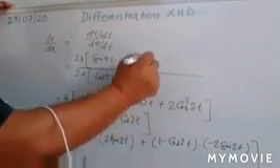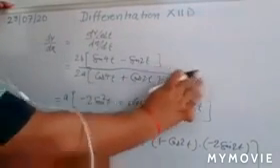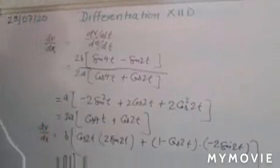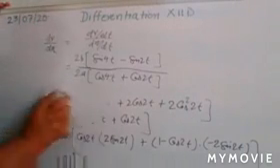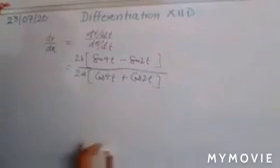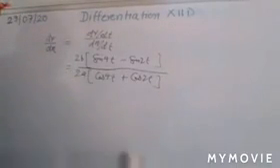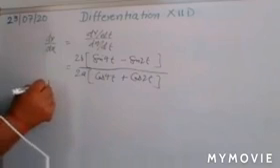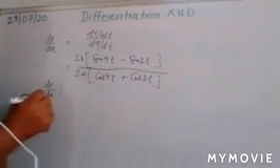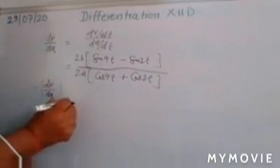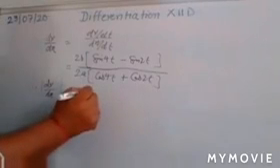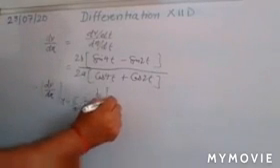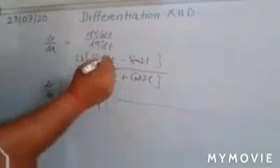Okay. And here you have to find the value of derivative at t is equal to pi by 4. Okay. So write it. So the value of dy by dx at t is equal to pi by 4 is equal to, 2 and 2 cancel out, and here you have b by a. So if you are putting here